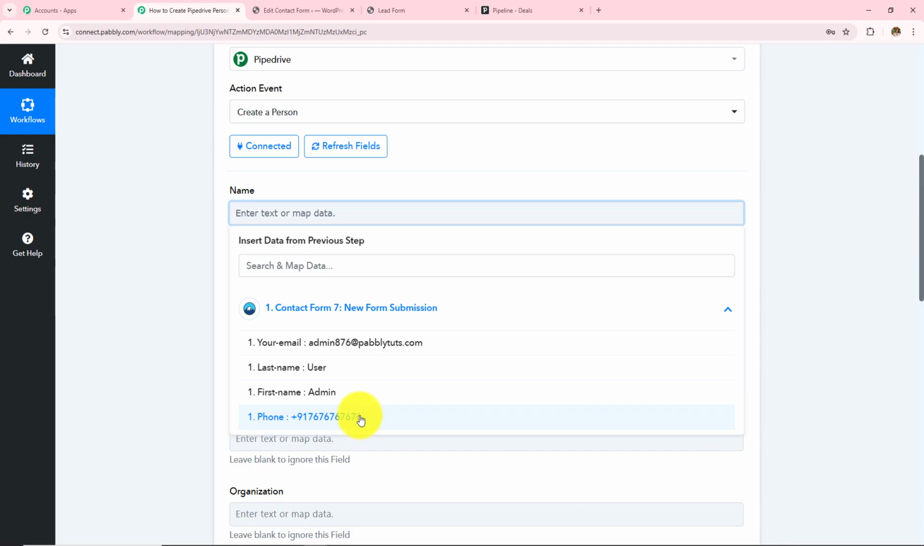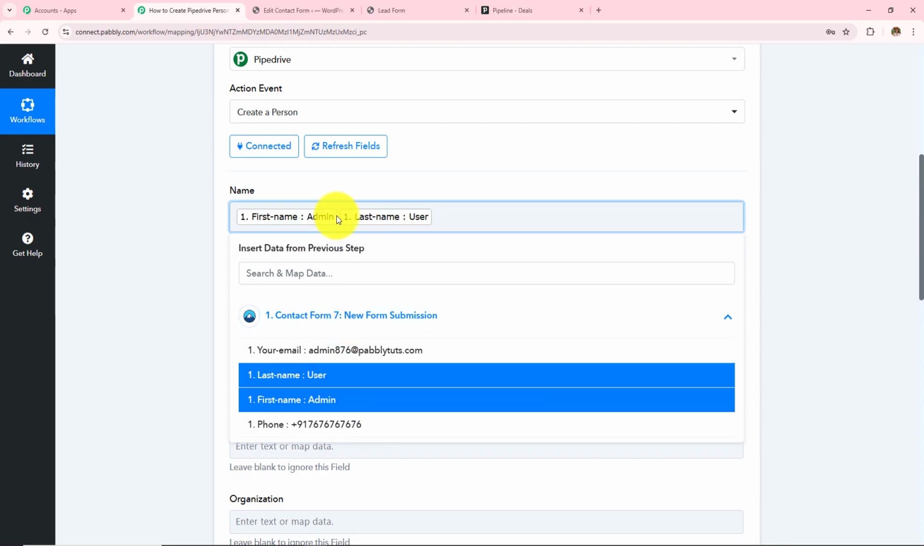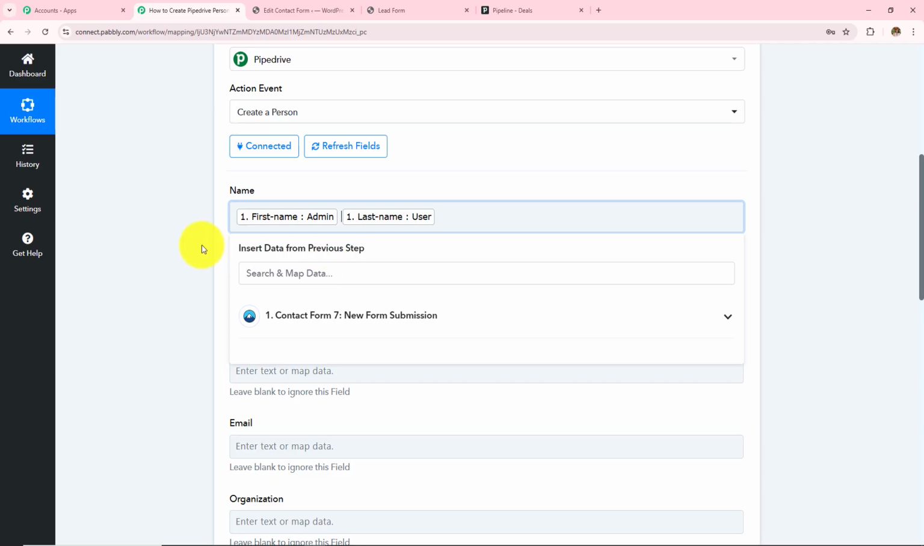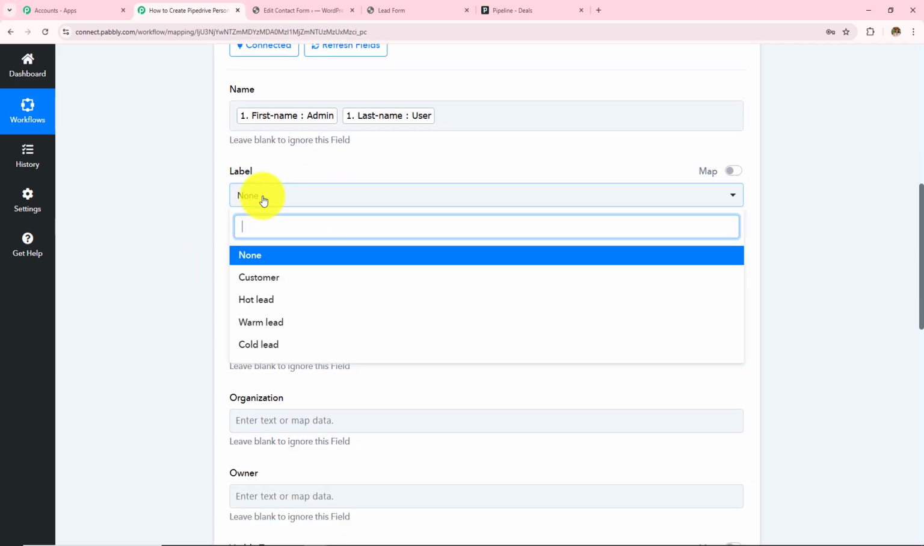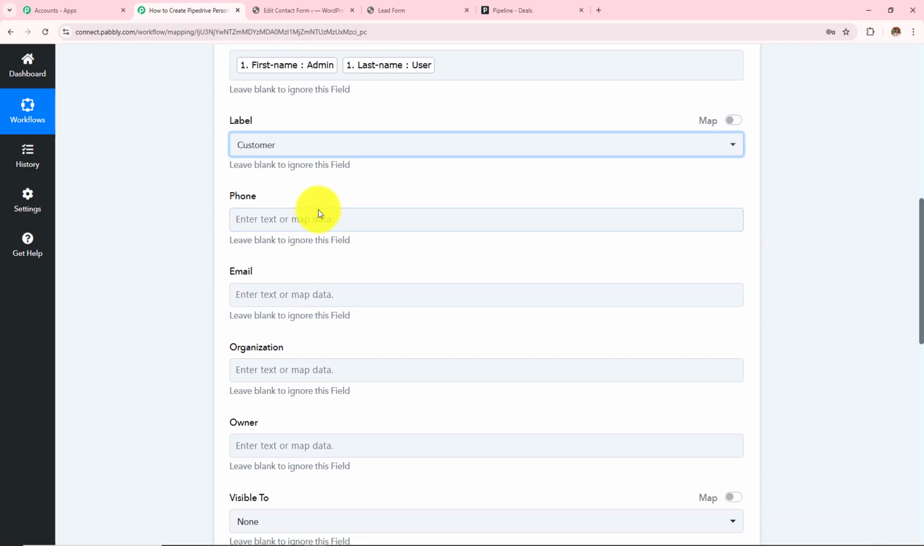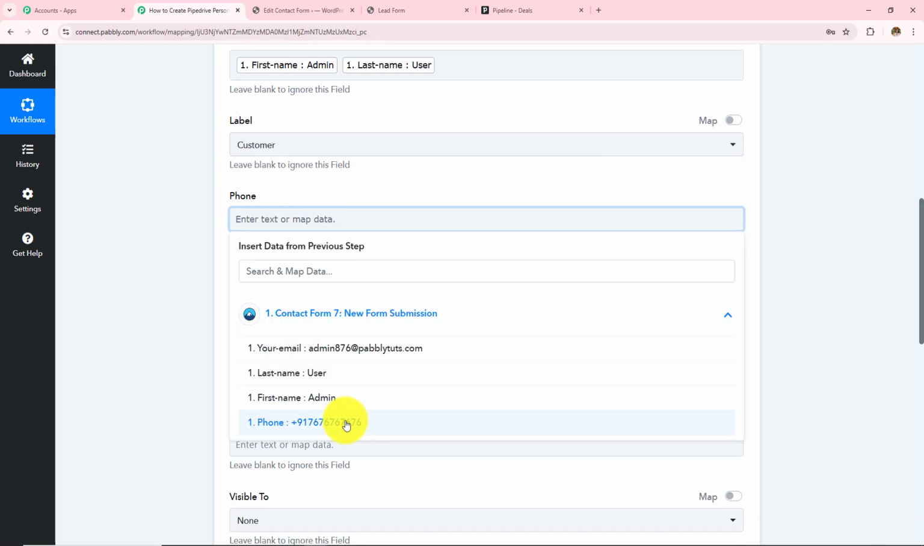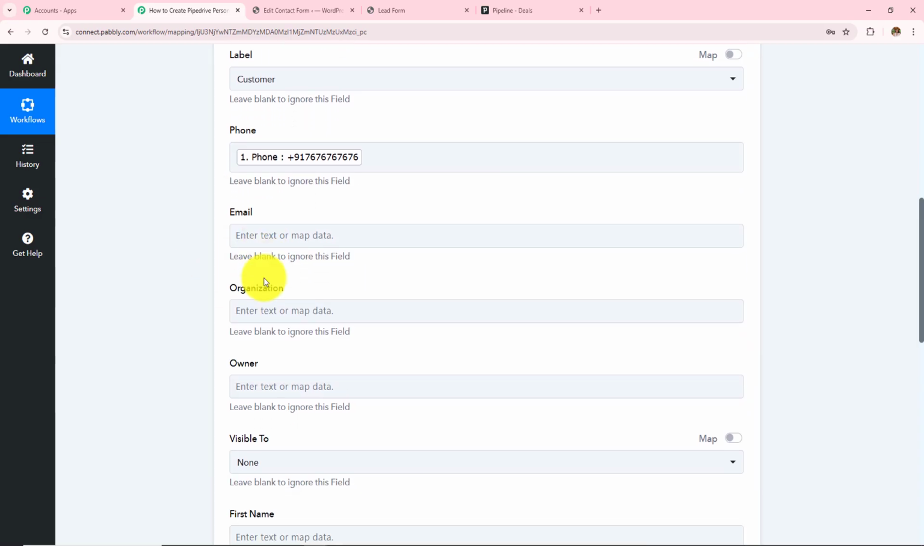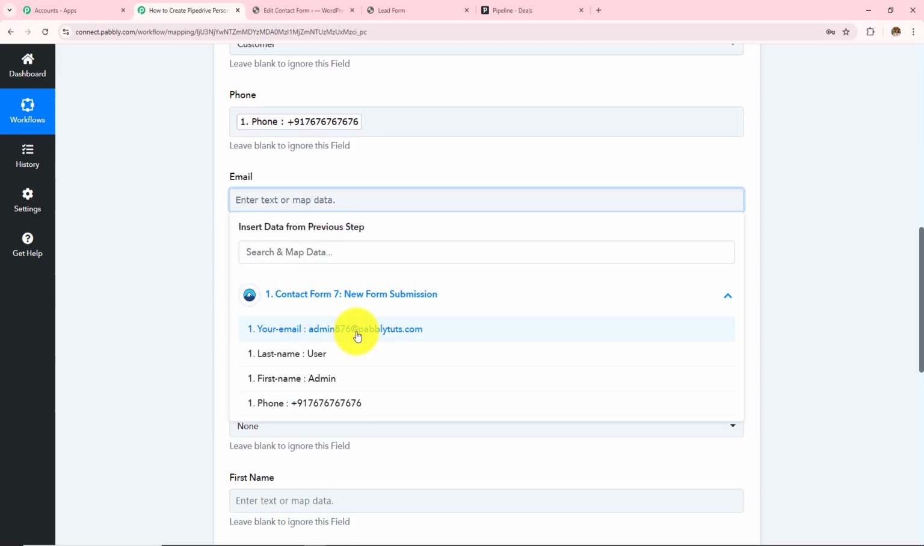Now I need to enter the name. So the name was admin user, so I'll enter that and then put space between these two. Now I have to enter the label. So in this label, I want to select this as customer, and then I have to enter the phone number. So I have also received the phone number, which was this one, and then I have to enter the email address, which was